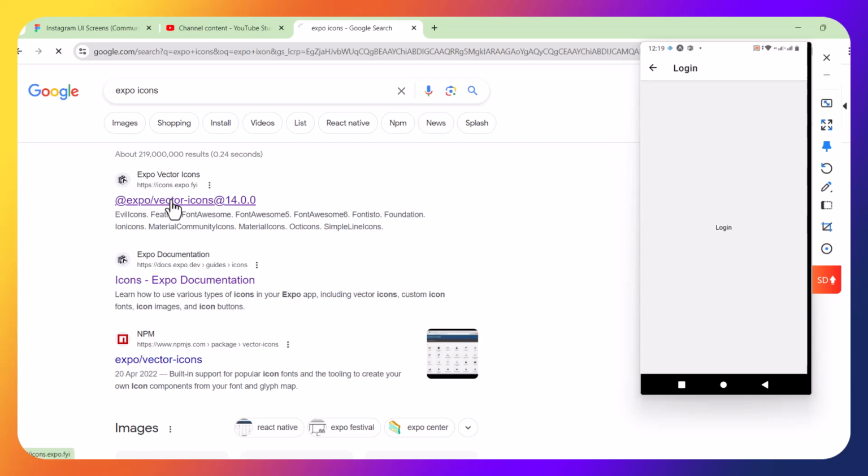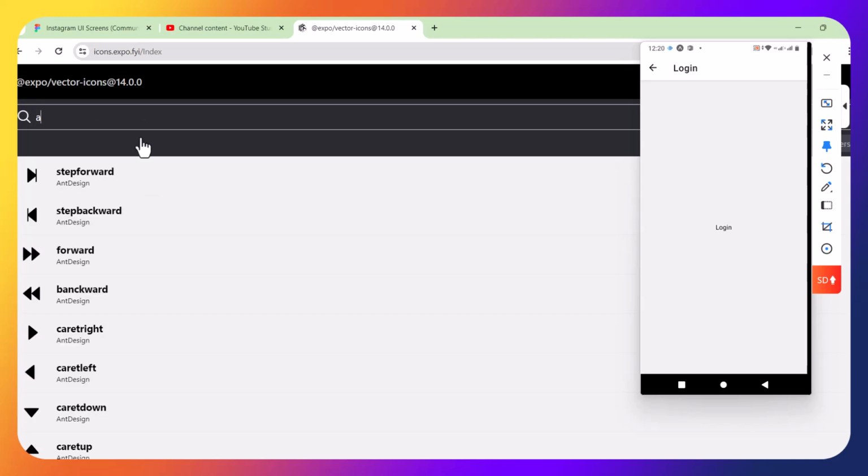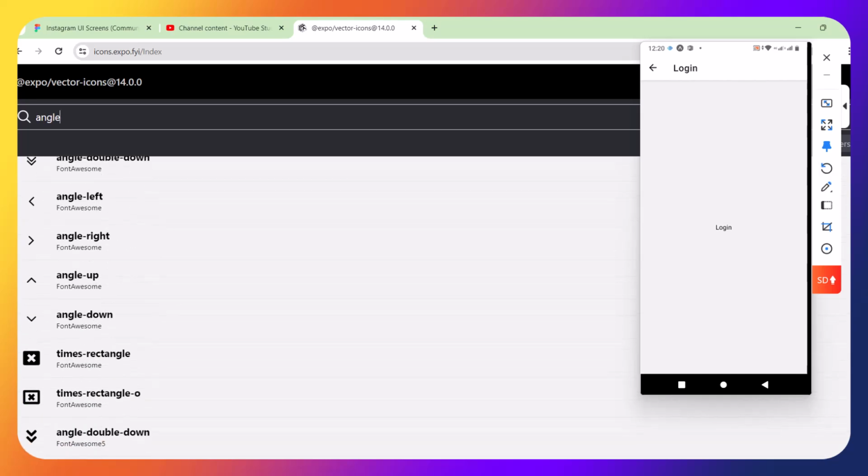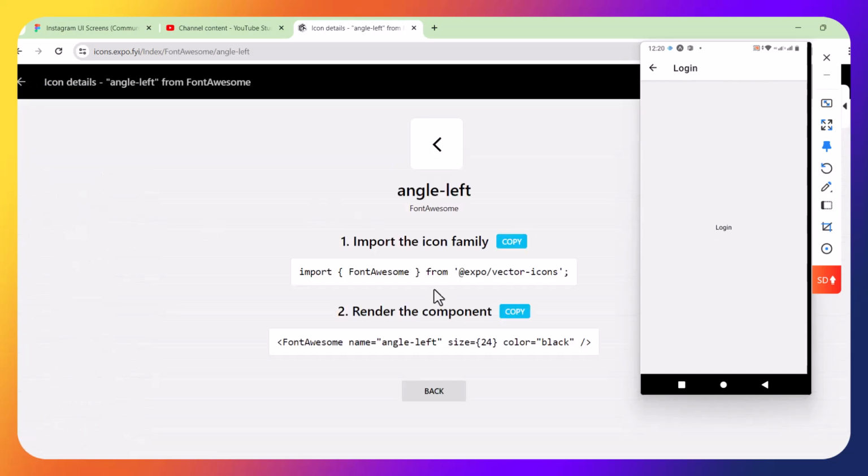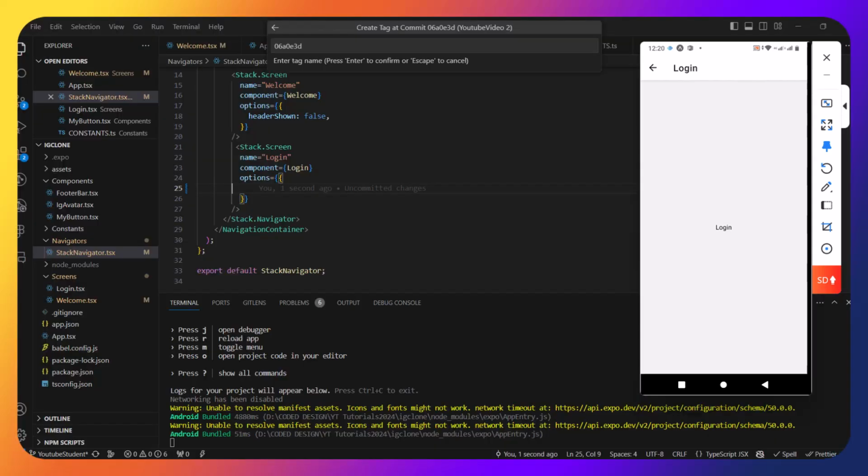Okay, Expo vector icons. Let's click there. We want an angle. Let's scroll down and look for this angle. We want this one, the angle left. We are going to copy this. Go to,